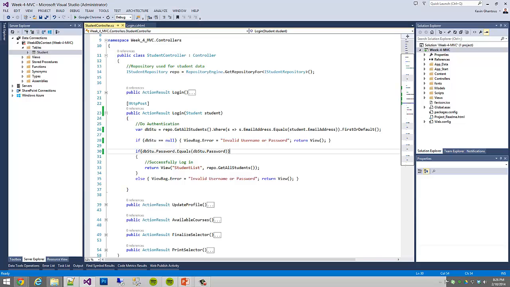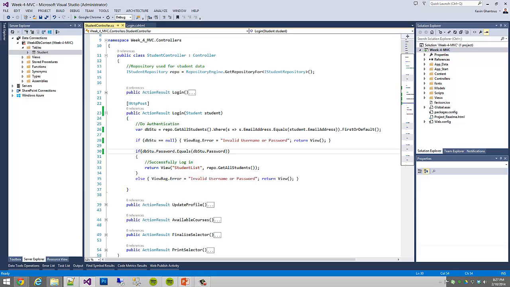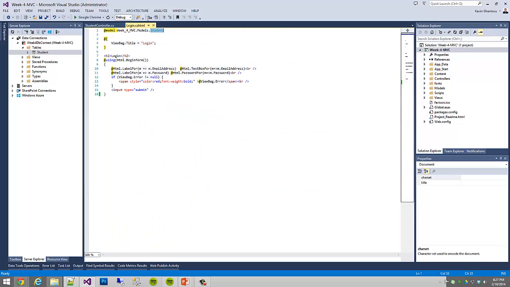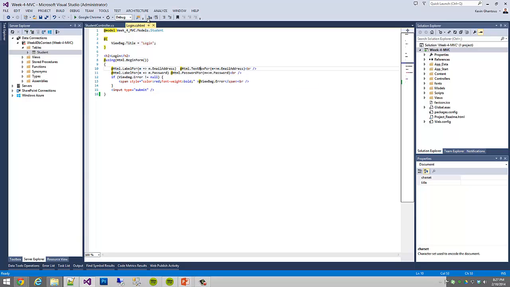Now, by doing this, I'm going to jump back over to our login view. We'll notice that the model for this view is also student. And because the model on our view is student, we can expect our action to pass us a parameter of student. So if you remember from earlier, we did this Html.Label4 and Html.TextBox4. These